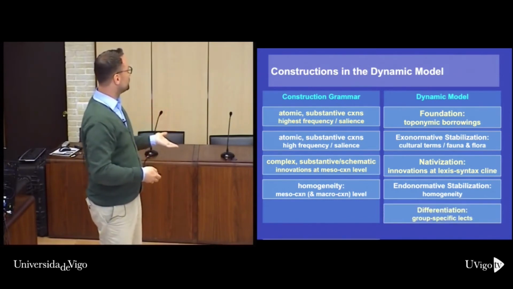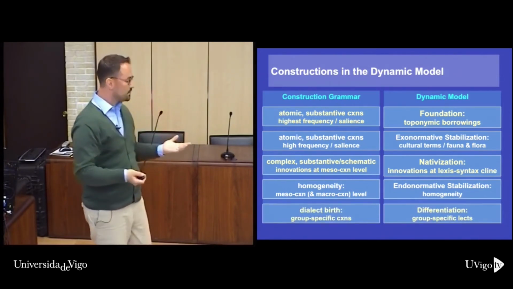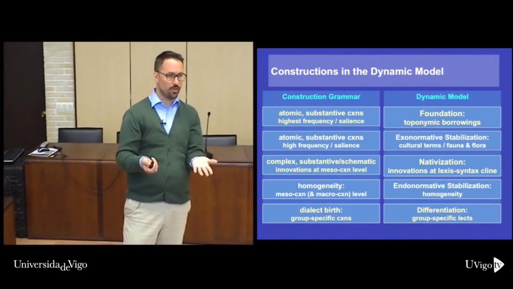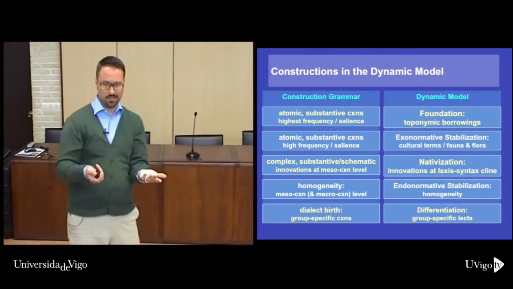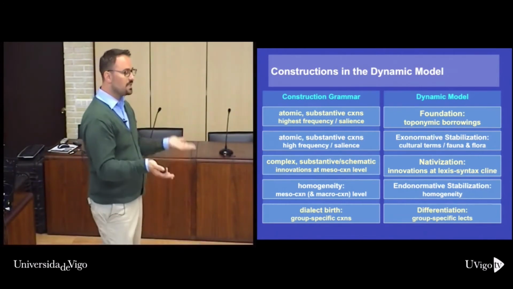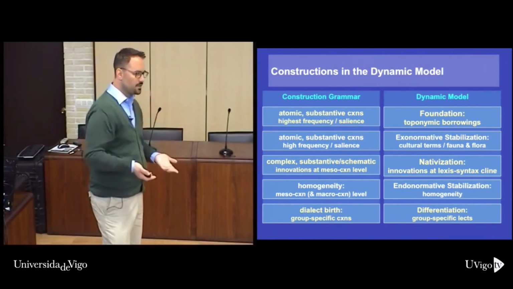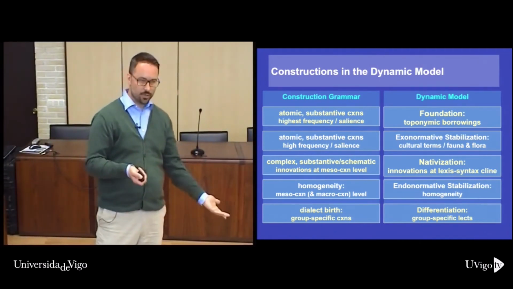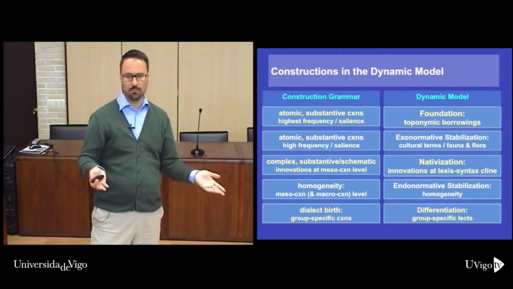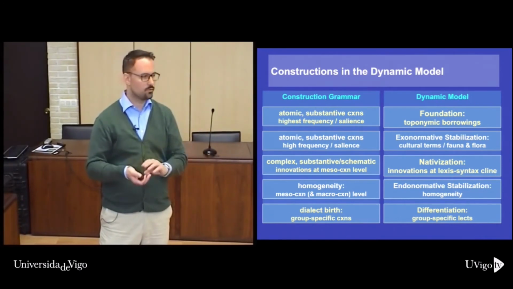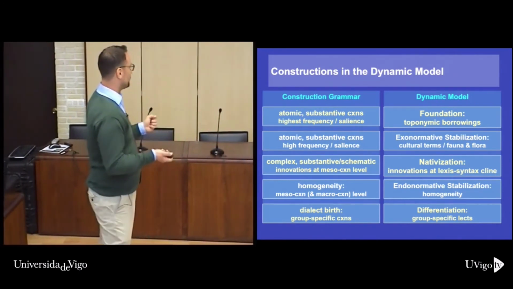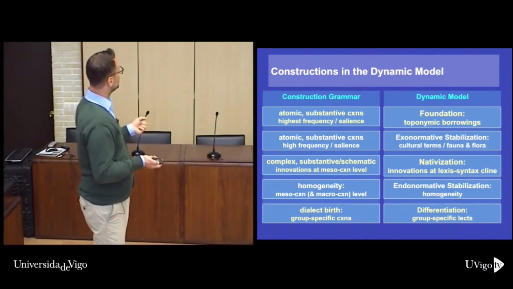And the final thing is group-specific lects, social linguistics, group-specific constructions, what we had at the start, the cognitive social linguistic bit, in a Labovian kind of sense. Then, after a certain time, when they are stabilized politically, historically, and new identities can form, which are not based on the former ethnic, settler, indigenous kind of dichotomy, but on new class-based, situation-based, group-based, regional variation, that kind of thing, then we get exactly that kind of cognitive social linguistic variation.